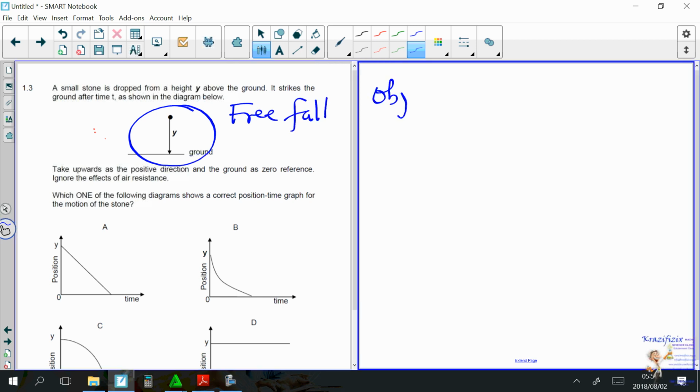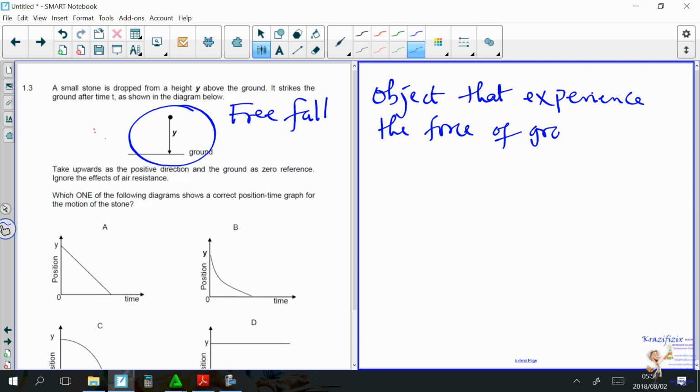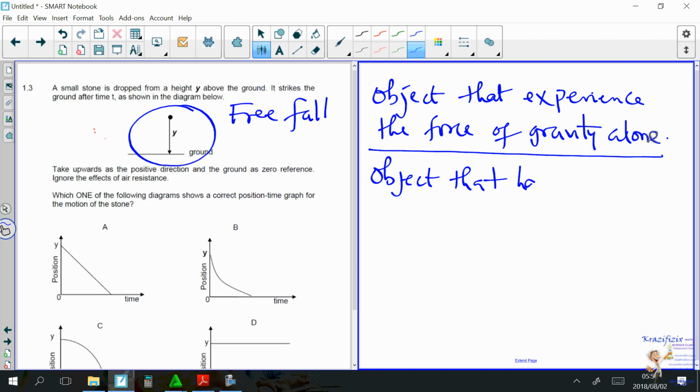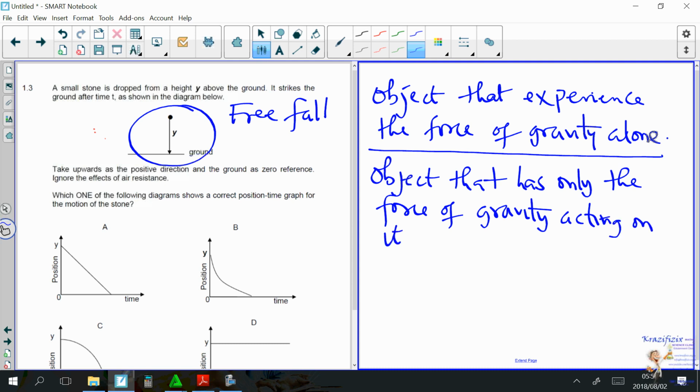A free fall is an object that experiences the force of gravity alone. All right, we have different definitions, or you can say an object that has only the force of gravity acting on it. And also here we can actually say it is a conservative system,